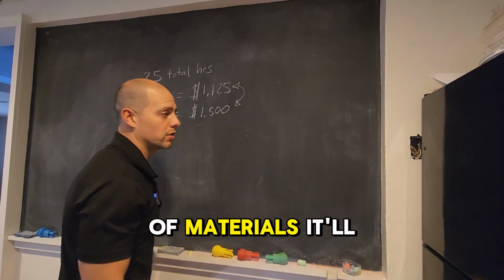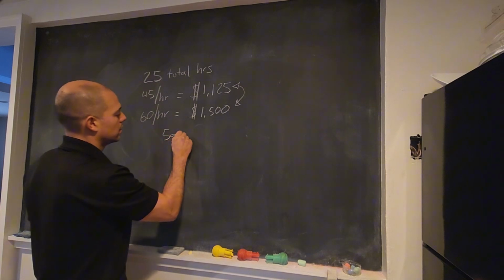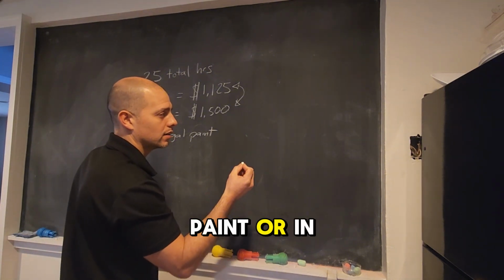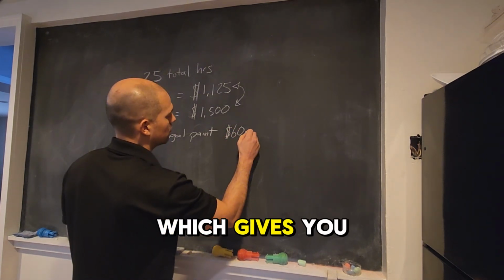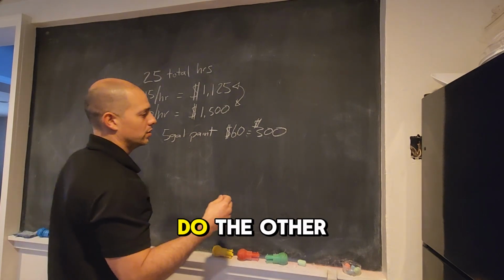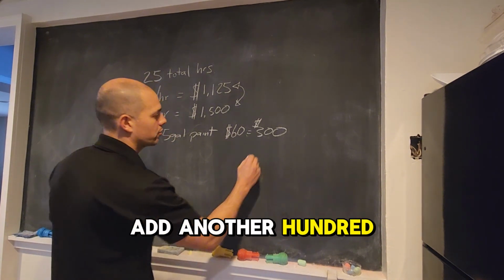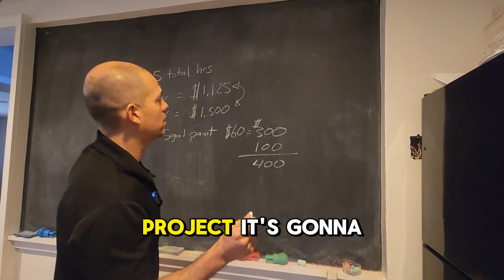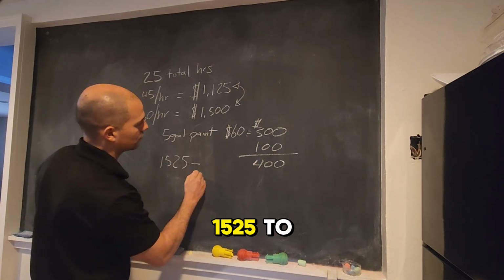If we do a quick estimate on materials, it'll be roughly about 5 gallons of paint. If you do a mid-grade paint or in the higher quality part of it, you're gonna get about $60 per gallon, which gives you a total of $300. And if you do the other miscellaneous materials like plastic, sandpaper, spackle, tape, caulk, we can add another $100 for the rest of the materials, which gives you a total of $400. So the total of your paint project is gonna be roughly $1,525 to